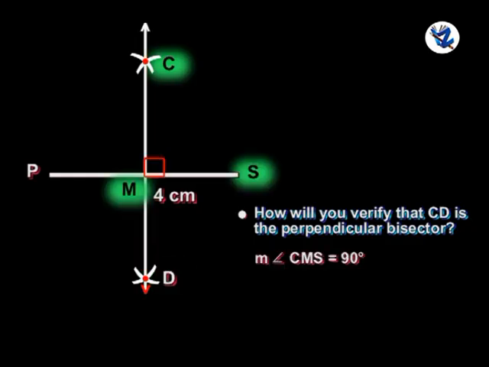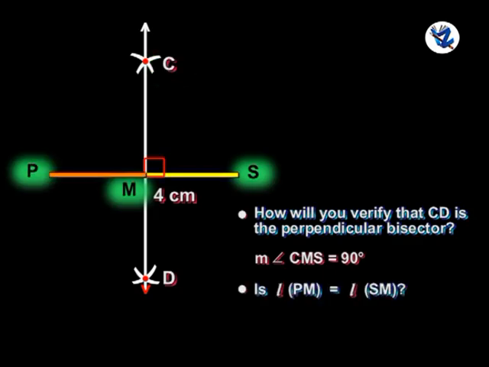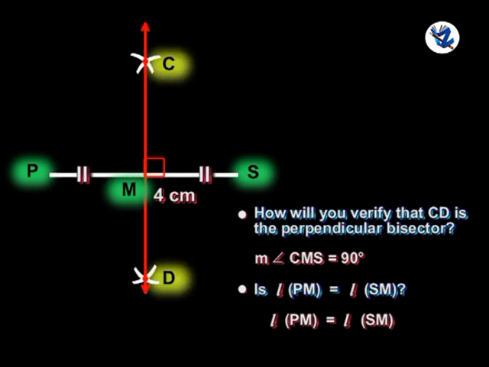Let's check whether measure of angle CMS is equal to 90 degrees. Yes, it is. And now secondly check whether length PM is equal to length SM or not. Yes, length PM is equal to length SM and therefore we can say that line CD is the perpendicular bisector